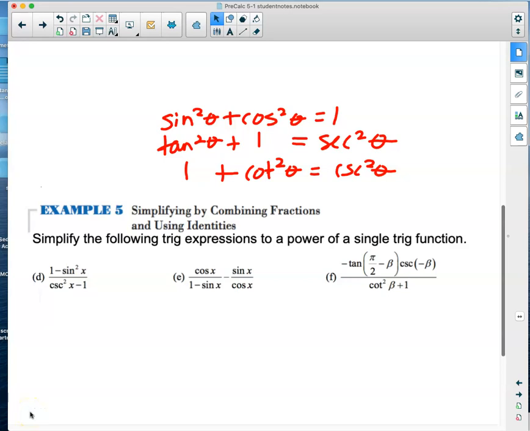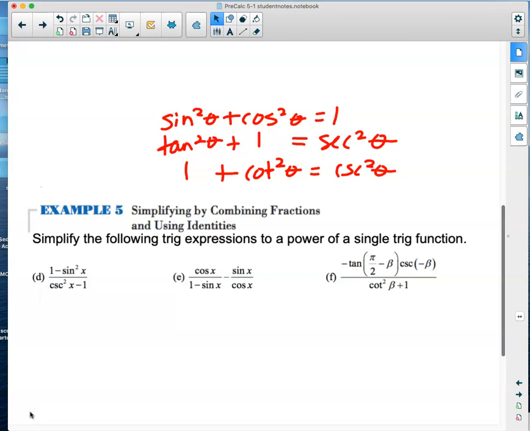This is the pre-calculus video for section 5.1 day 2 about fundamental identities. We're still working on that monster objective of identify and work with trigonometric identities for basic trigonometric identities, the Pythagorean identities, the cofunction identities, and the odd-even identities. And then we'll get to simplifying trigonometric expressions using the above identities and solve trigonometric equations using trigonometric identities and